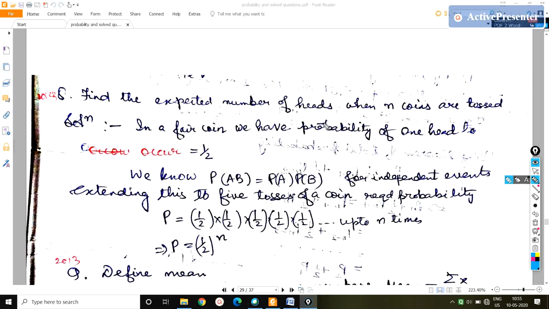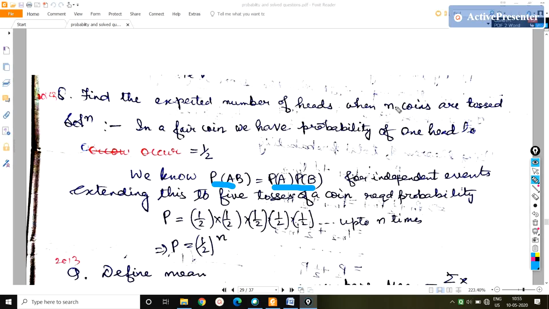If you consider that n coins are tossed simultaneously, then the interesting thing is that they are independent of each other. So you can extend this theorem, P of AB equals P of A, P of B,